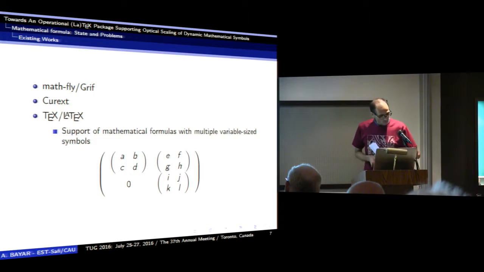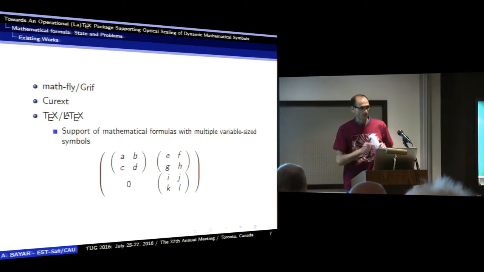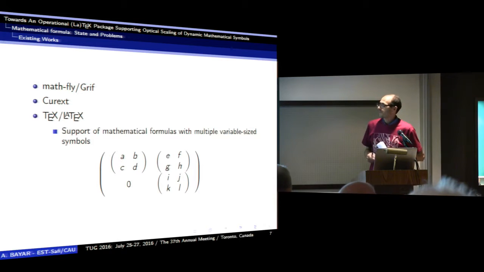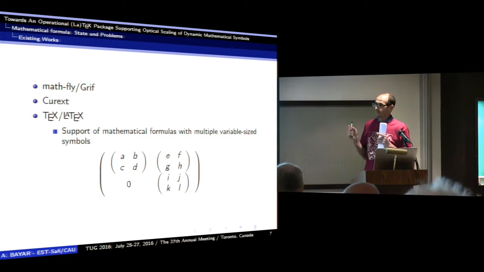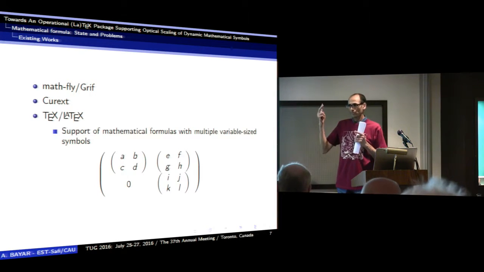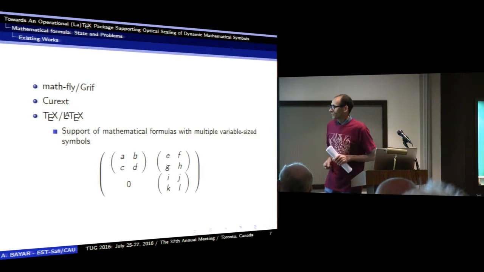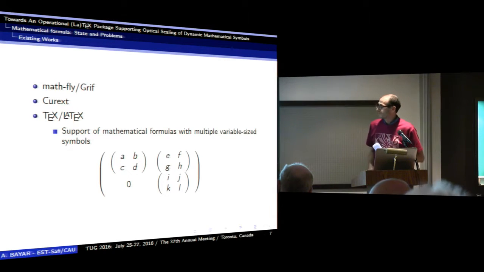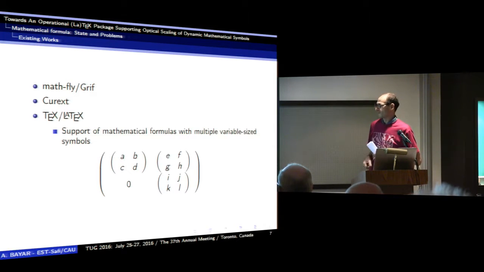The second work to see is Curex. It has been developed by Zara Qazdin in order to support optical scaling. It's a TeX package. It has the capabilities to cope with dynamic optical scaling, but it has some difficulties to manage more than 2 samples. TeX remains the tool that supports mathematical formulas with multiple variable sized samples. So, look at this formula now. There are multiple variable sized samples,